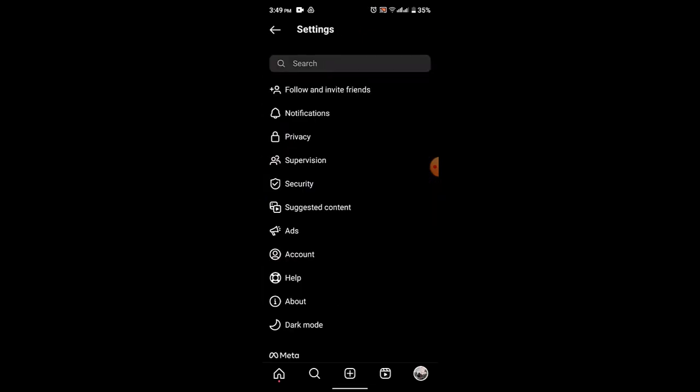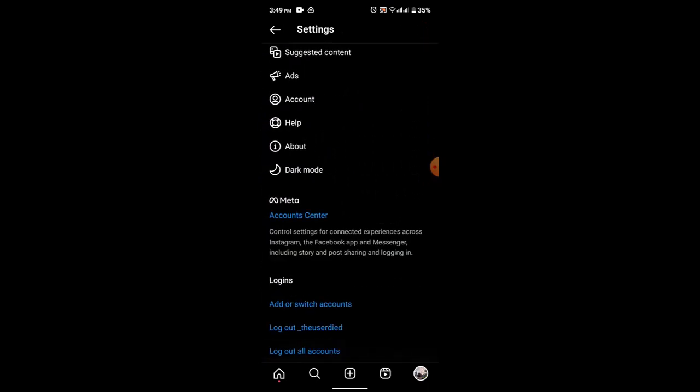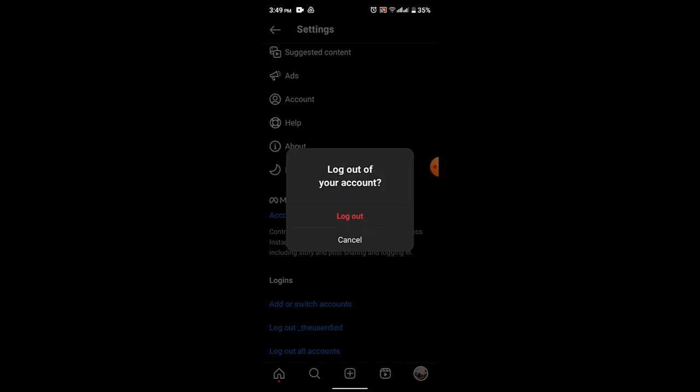Now this is going to take you to the settings page. So over here, scroll down right to the bottom. If you have multiple accounts and you want to log out of all the multiple accounts, then click on log out of all accounts, or simply tap on the particular account that you wish to log out. So click on log out of this particular account, click on the log out button, and then you'll be logged